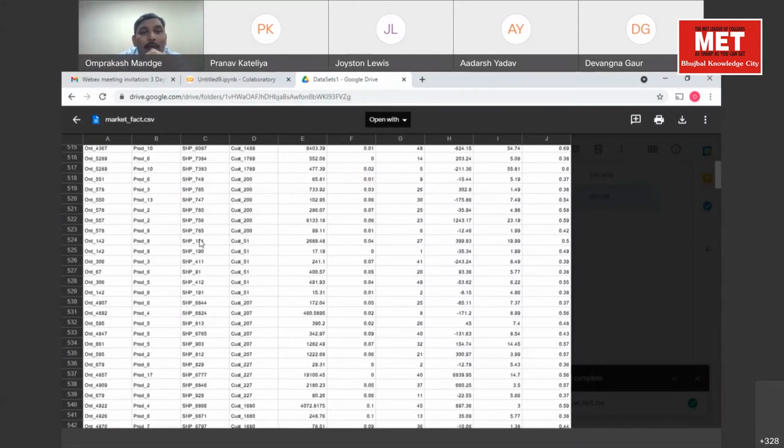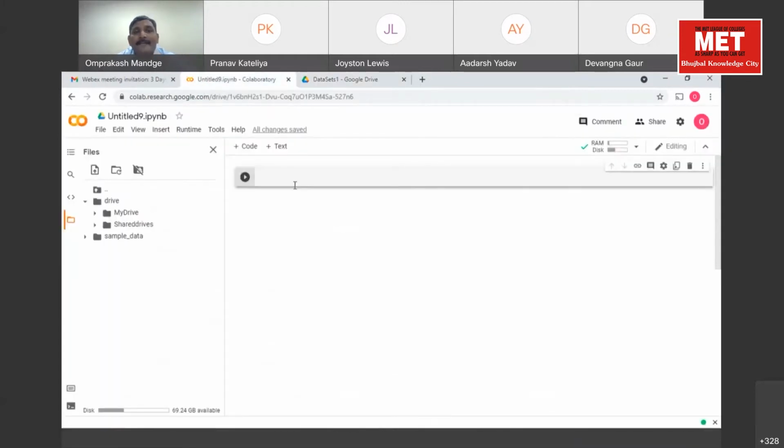So how will we analyze this data? The first thing we have to do is load this data using Python, so I'm moving to my Colab notebook.